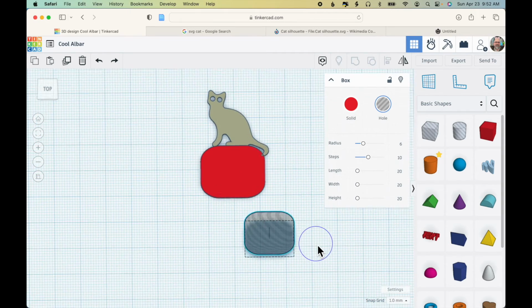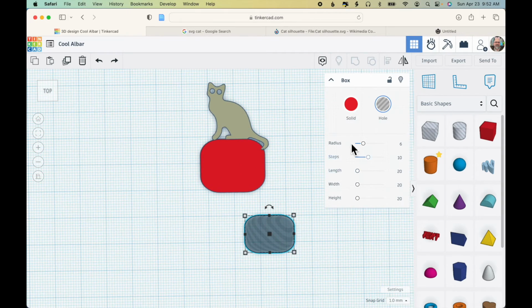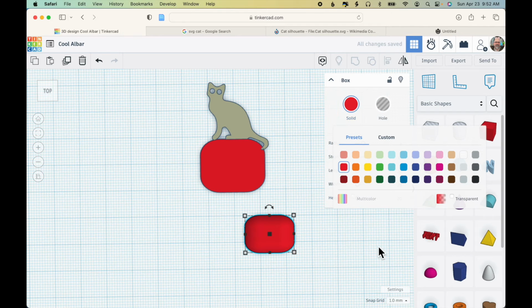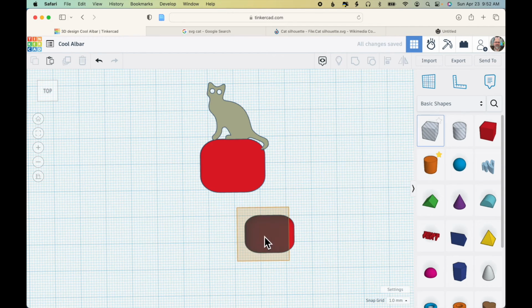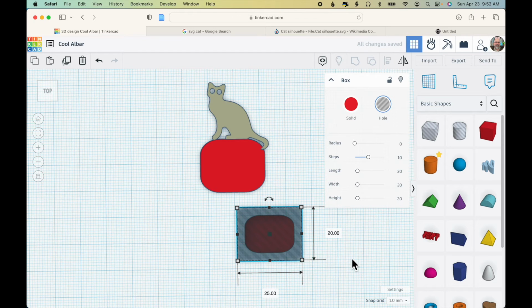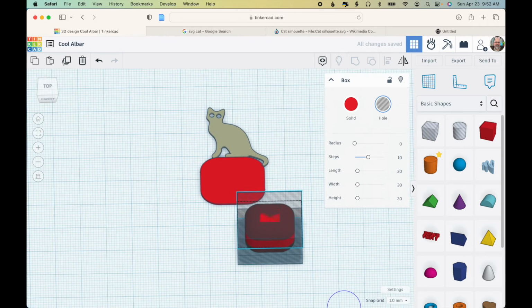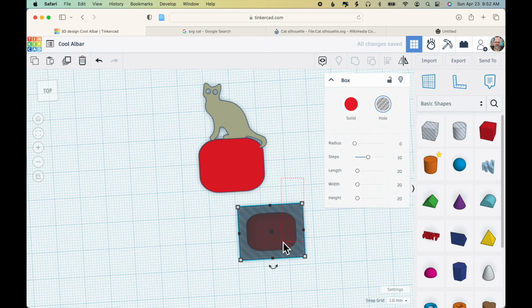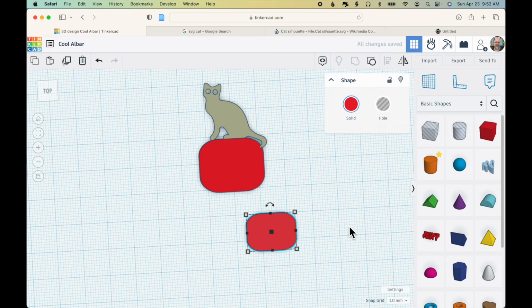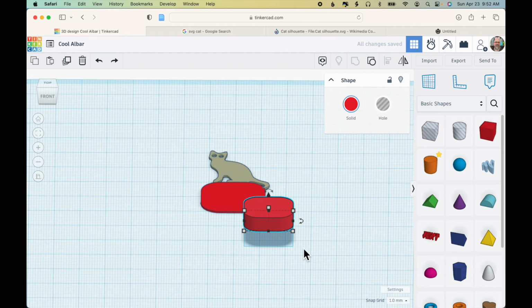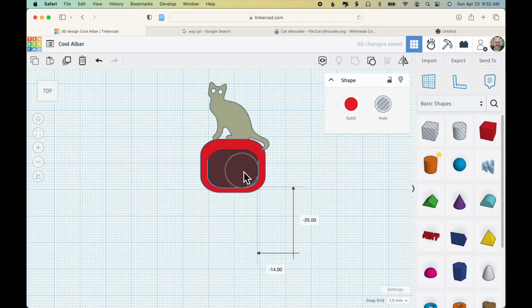The next thing I need to do is to cut off the top and the bottom here, so I'm going to make this solid temporarily. Come down with a hollow cube, look at it from the front, change the height to 7, duplicate, drag up to the top, then just select these 3 shapes, group. Now this is hovering in the air, so I'll tap the D key on the keyboard to drop the shape to the bed, turn it back into a hole, look at it from the top, move this up here,